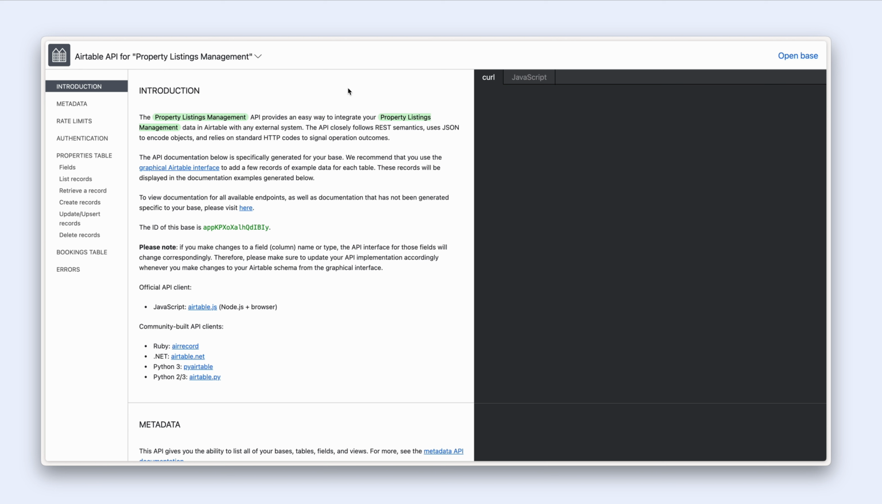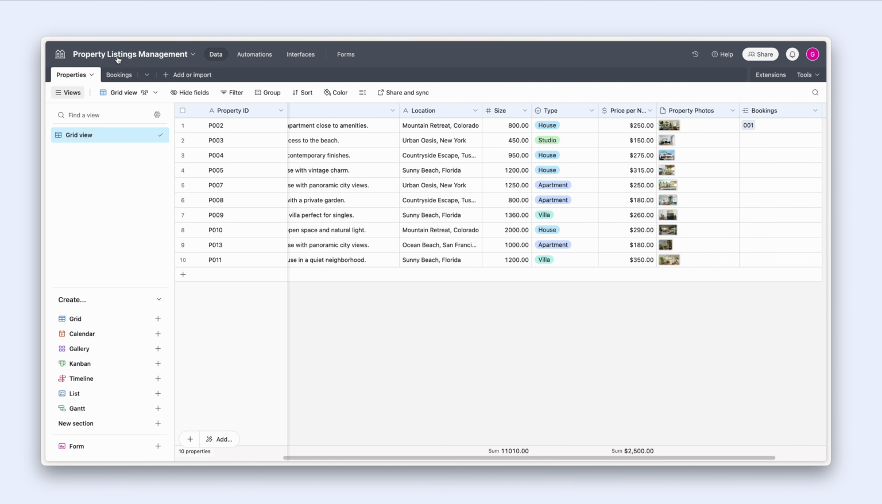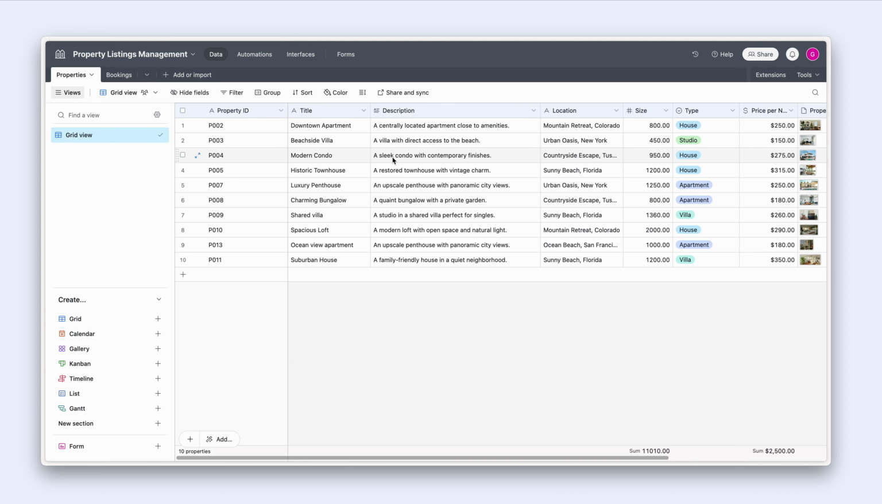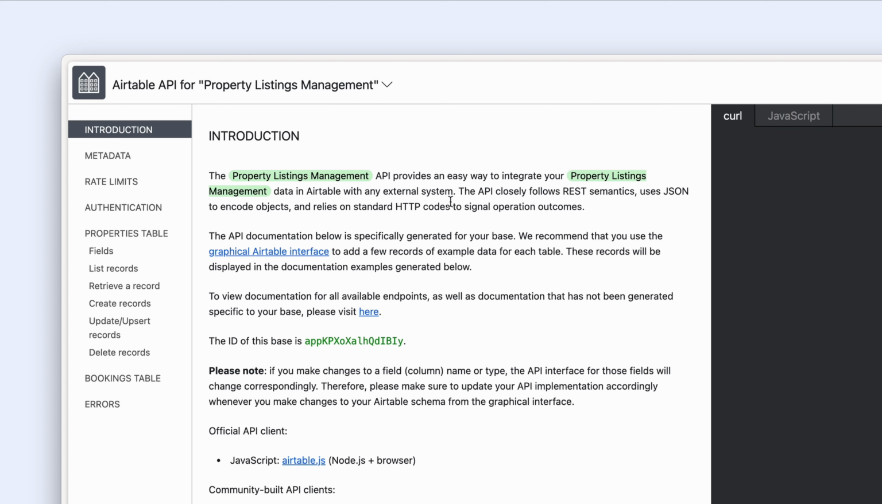So what's nice about the Airtable API is I have asked it to integrate the documentation with my existing Airtable database or table. That is called Property Listings Management. Here we go, Property Listings Management. Here is all the information. Now, the Property Listings Management API provides an easy way to integrate your property listings management data in Airtable with any external system. The API closely follows REST semantics, uses JSON to encode objects, and relies on standard HTTP codes